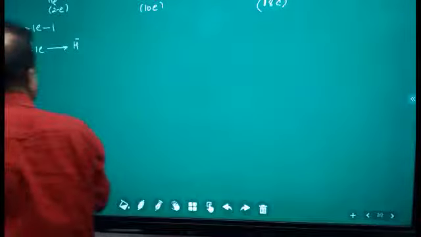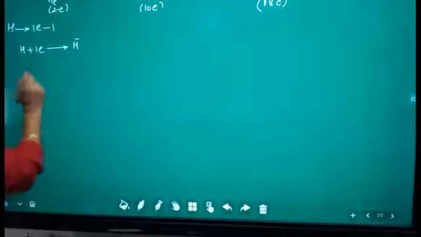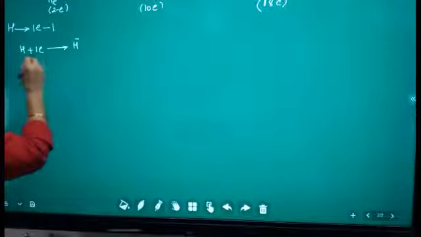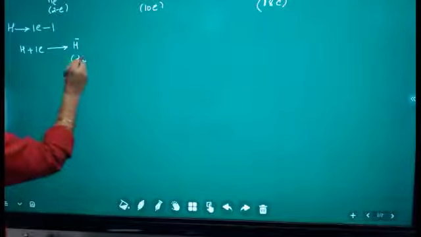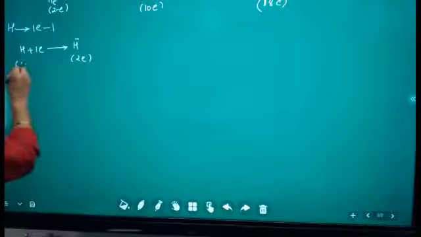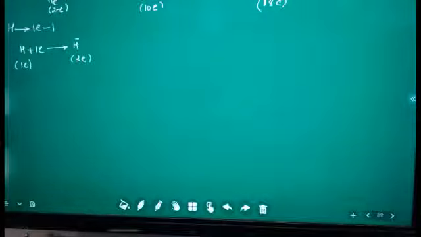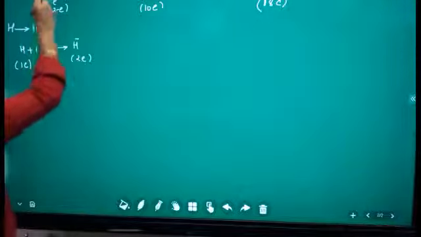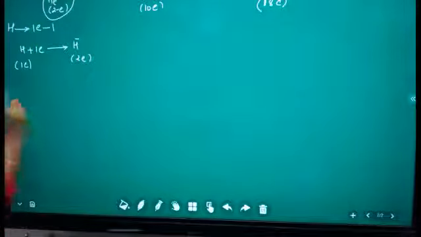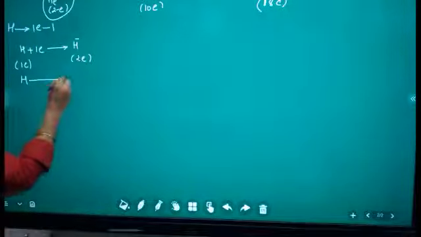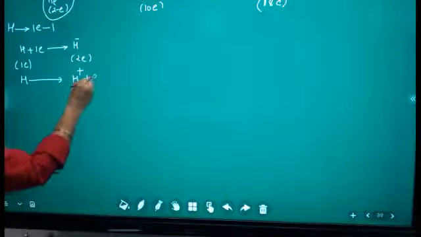Okay. So if hydrogen gets 1 electron, then hydrogen will become minus, and hydrogen minus has 2 electrons, while neutral hydrogen has 1 electron. If you are asked how many electrons hydrogen minus has, it is 2 electrons. Neutral hydrogen depends on the atomic number: atomic number 1 means there is 1 electron. Hydrogen minus has the same number of electrons as helium. Hydrogen has two tendencies: hydrogen can also lose an electron, so it will become plus.